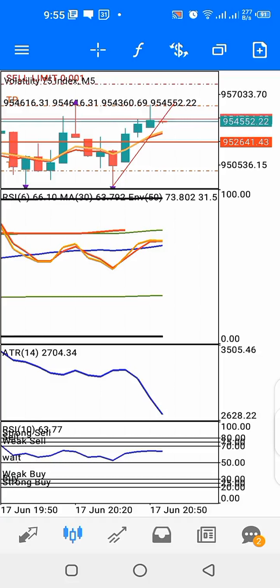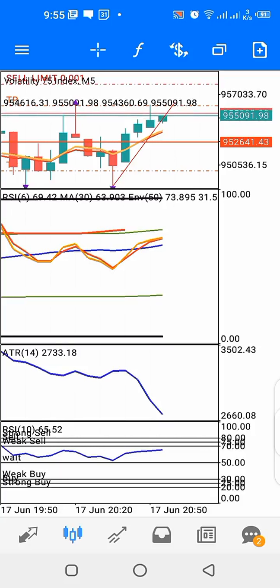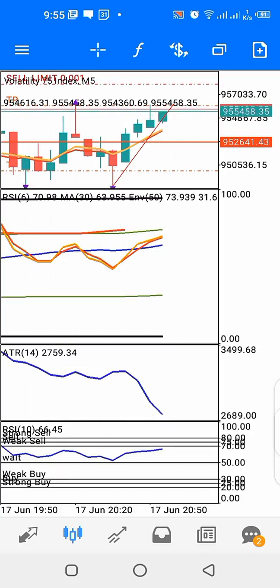I'll also do one more thing. I will monitor what happens to the running sell trade. If the running sell trade triggers my take profit, which is 3,000, all fine and good. But if it goes up above the 958,000 level and triggers the buy stop above, the first thing I will do is ensure that I edit the take profit of my sell order. Currently the sell limit has 3,000 points, so I'm going to change the take profit to 2,500 points,